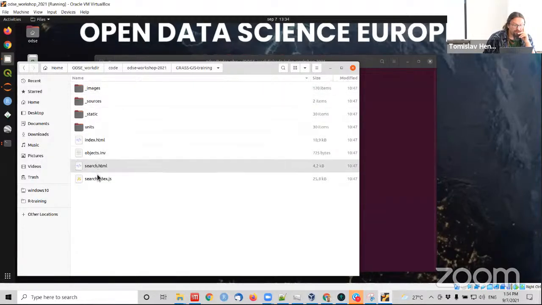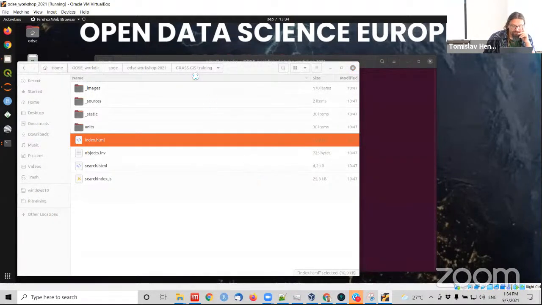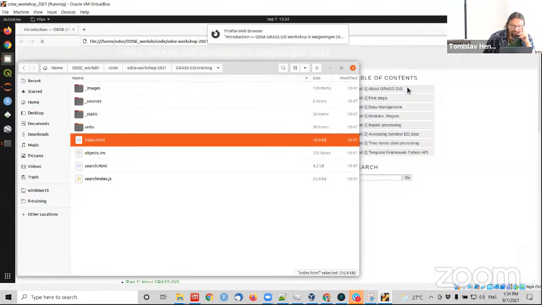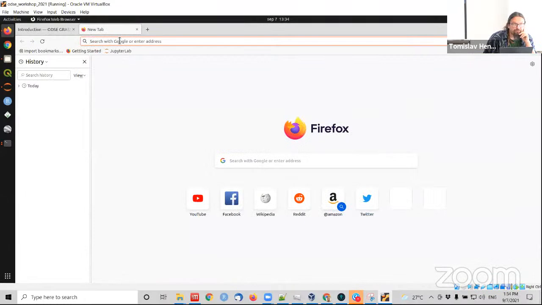You will find the materials which we will use there. If you go inside, there is an index.html, and you can open it. I will just wait until it's open. Yeah, okay. So the materials are available offline from the VirtualBox, but